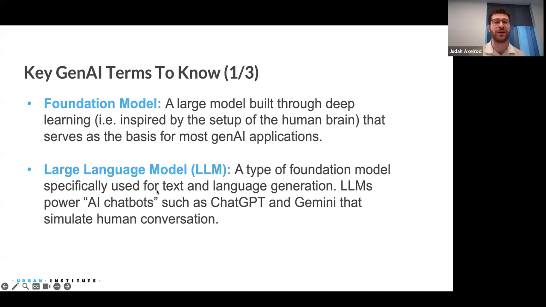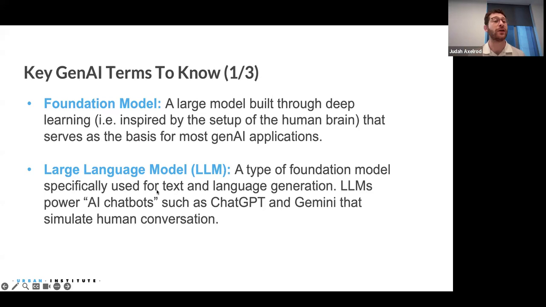The first is a foundation model. So a foundation model is a large model built through deep learning. Again, as we just talked about, this is inspired loosely by the setup of the human brain. And it really serves as the basis for most Gen AI applications that you might use. You can think of this as a jack of all, master of none sort of model. It's trained on a huge amount of very broad data,